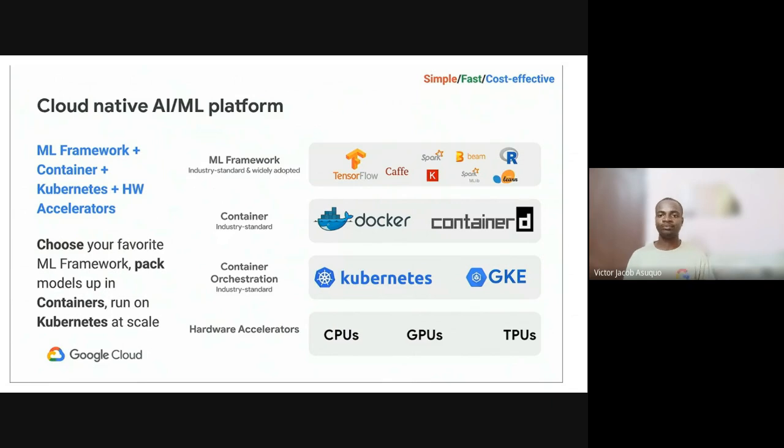So you can choose your favorite machine learning framework and package models up in containers. I'm talking about things like Docker and containerd. The same way you run your application for DevOps, you can carry it over and make it available, and then bring those set of practices to machine learning applications. After training your model, you bring it to a development environment, maybe VS Code or PyCharm or any development environment or Jupyter Notebook.